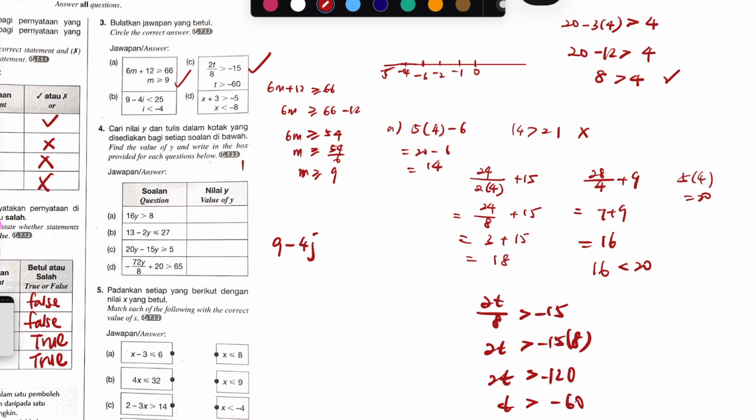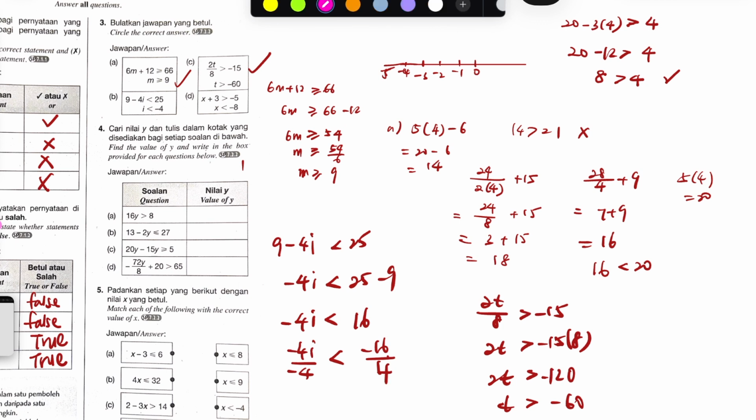Sorry, I. Minus 4i less than 25. So negative 4i here, 25 minus 9. 25 minus 9 is 16, right? Okay, so negative 4i. So when I divided by 4, negative. So this one also negative 16 over 4, also divided by